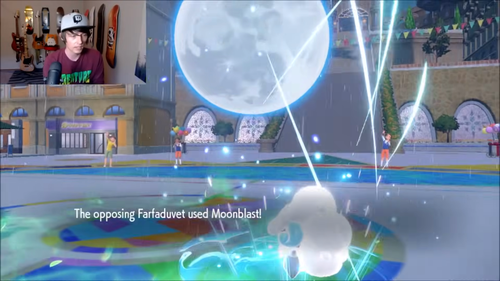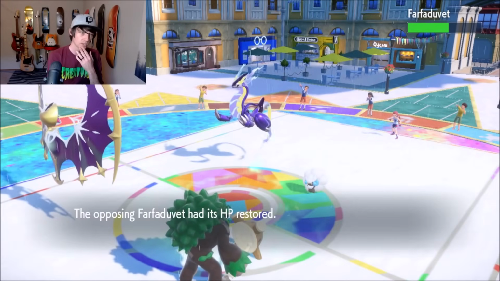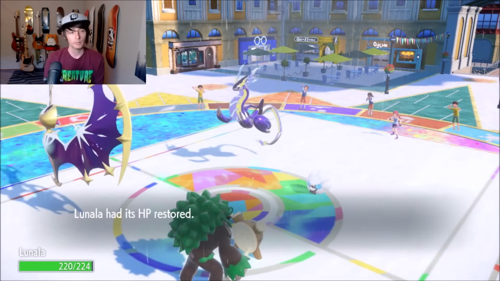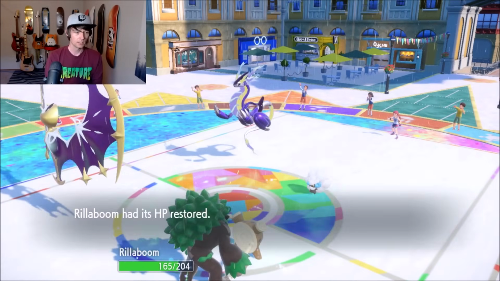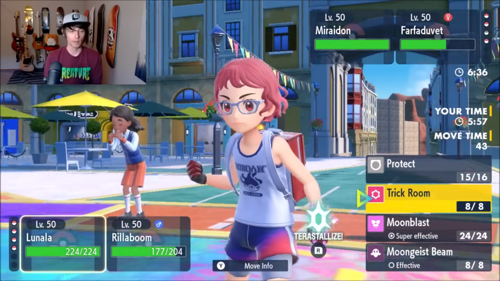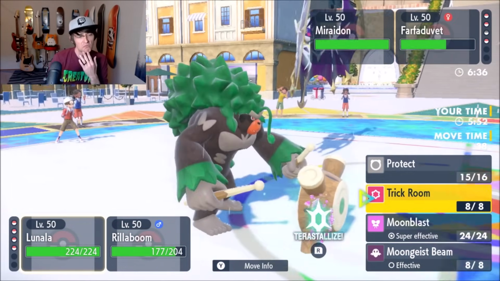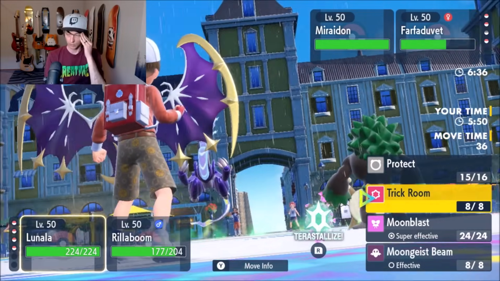And I could go for a Fake Out into the Whimsicott. I don't particularly like that play. I think I'm going to Fake Out the Miraidon because it's guaranteed. And go for a Calm Mind. And if you show the Encore, we're massively pinned. Oh, I don't have Calm Mind on this set. Trick Room. I thought I had Calm Mind on this set. No, Trick Room's actually better, but...